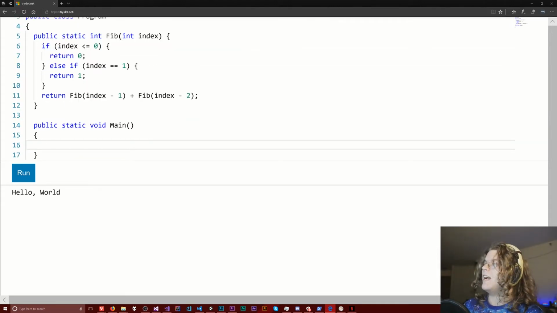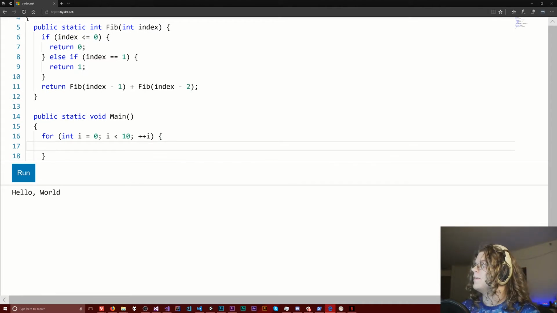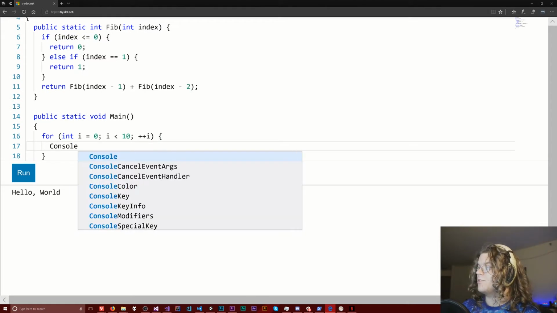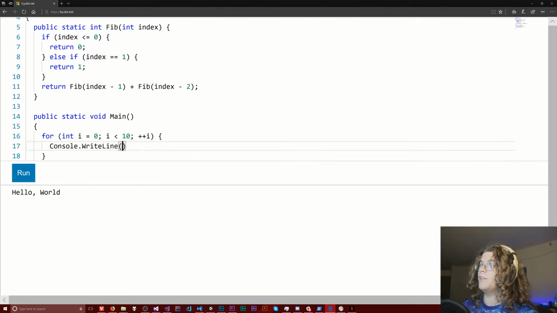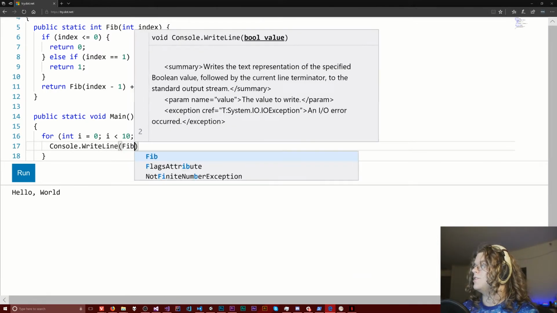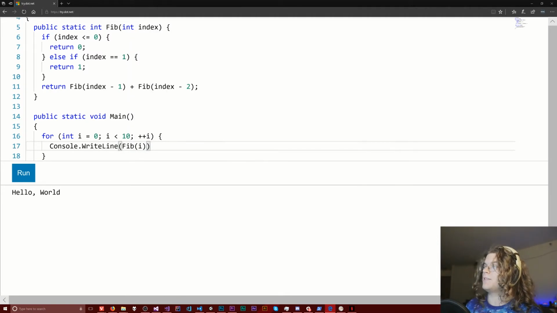So let's say I want the first 10 numbers in Fibonacci. So for int i from 0 to 10, let's just increment over that. What I want to do is then print those out. So we'll just write them on their own separate line and just do Fibonacci of the index. And so we should be able to pretty quickly verify that this is correct. If I run this,